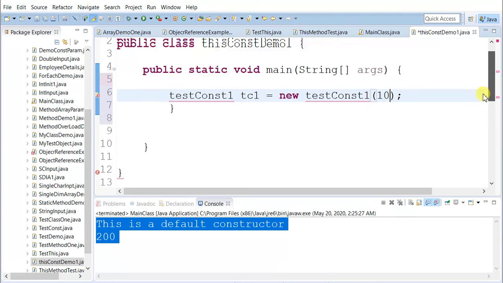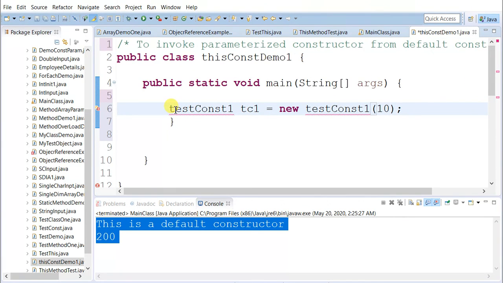Let's say test const 1, T is capital, and this T is also capital.